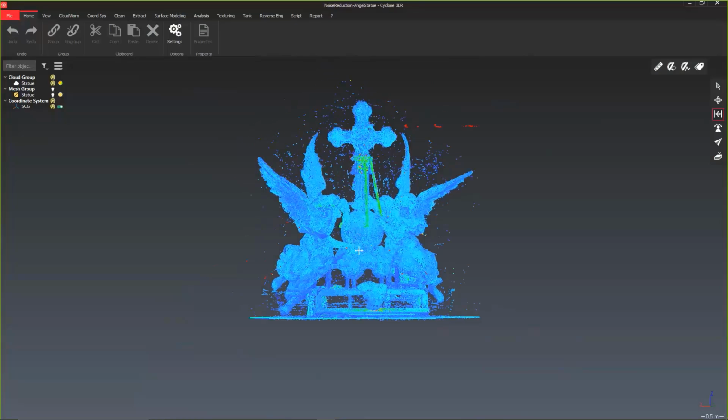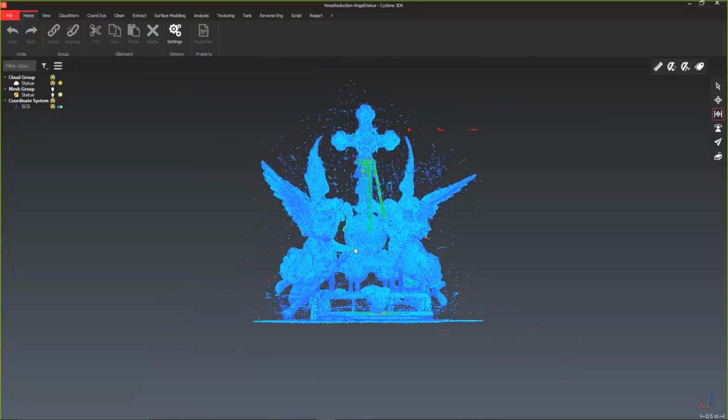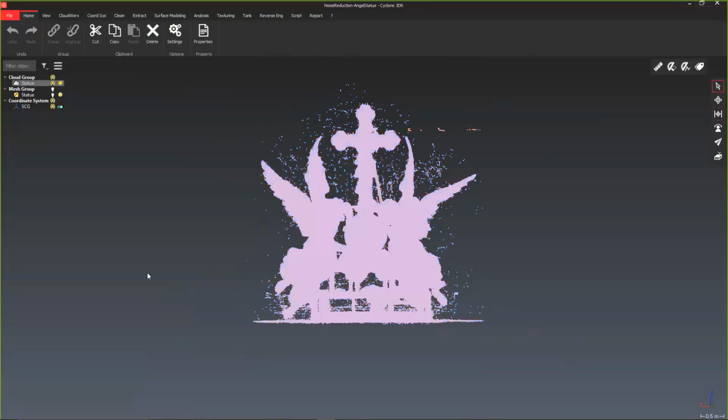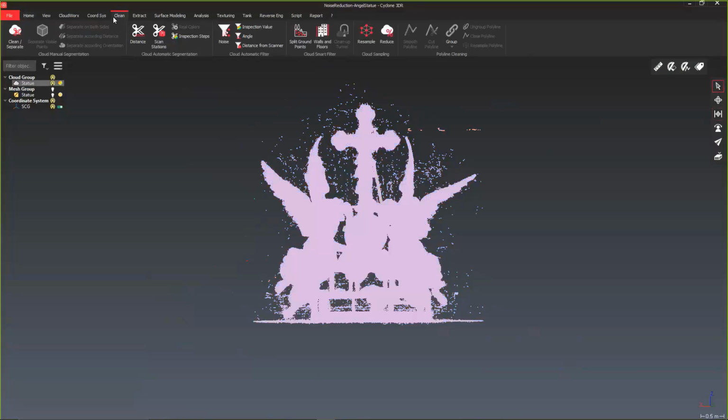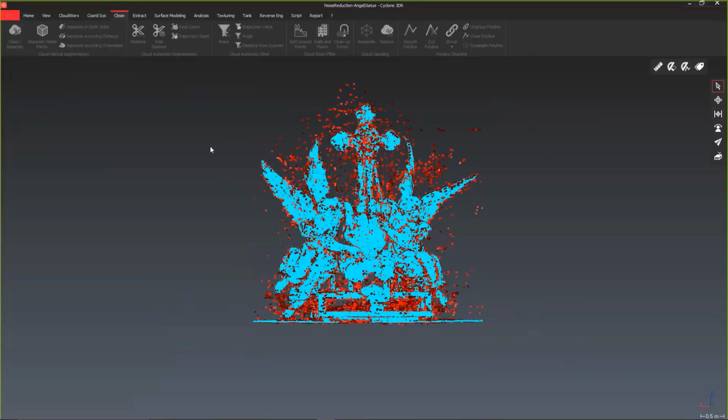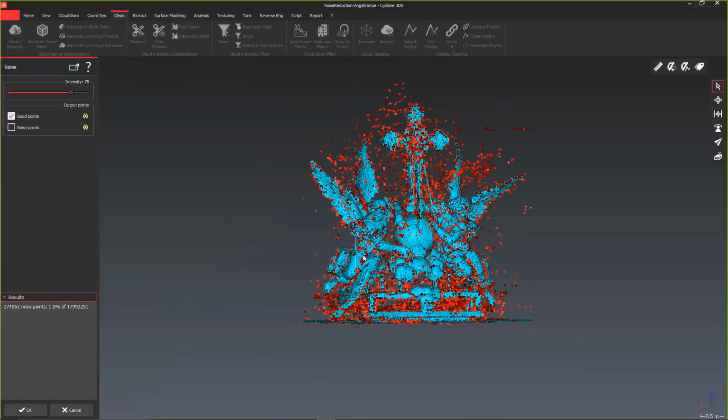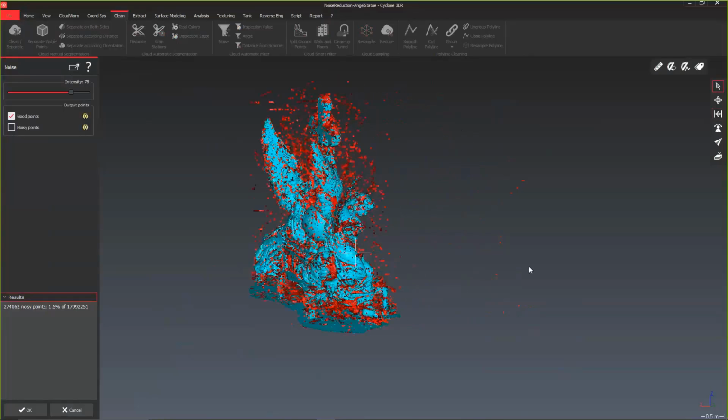So anyway, I want to be able to come in and clean this point cloud. So I can simply select the point cloud, and I can go to my clean tab here, and I just want to clean up some of that noise. So I'll just click on noise, and my computer is going to laugh at me, and here it goes. It's gone ahead and marked what it believes is point cloud noise,